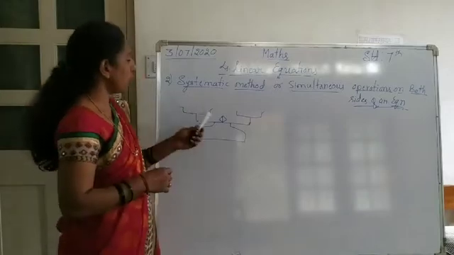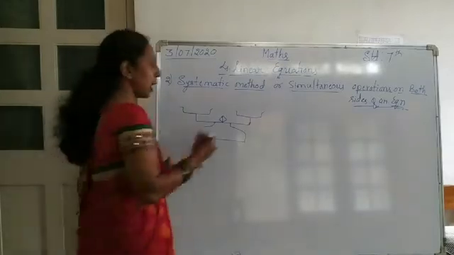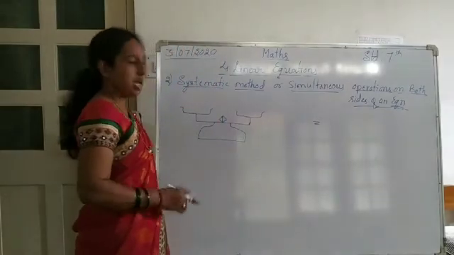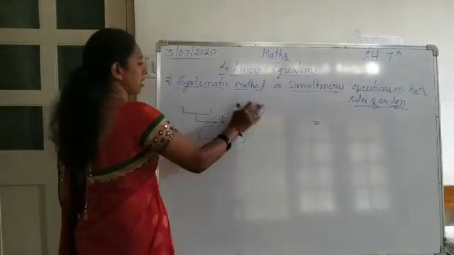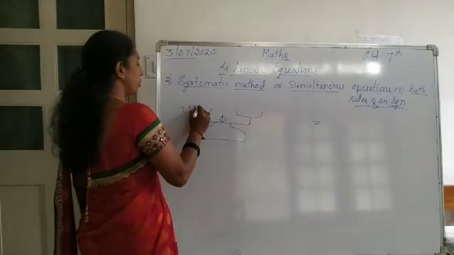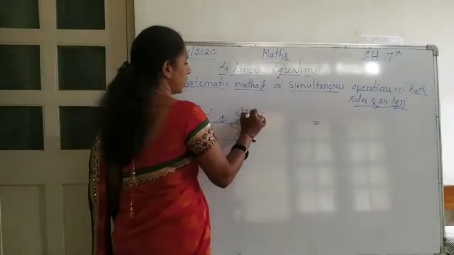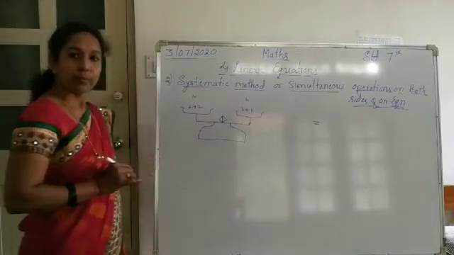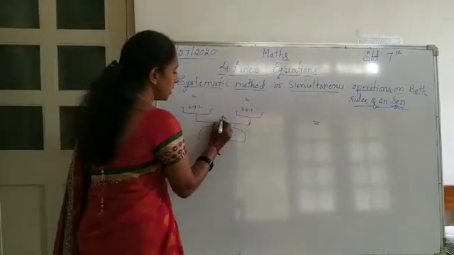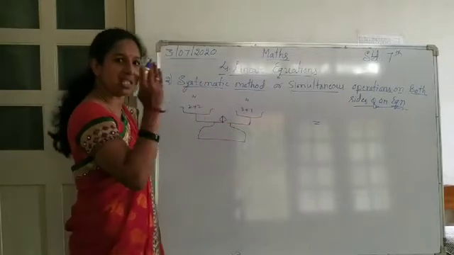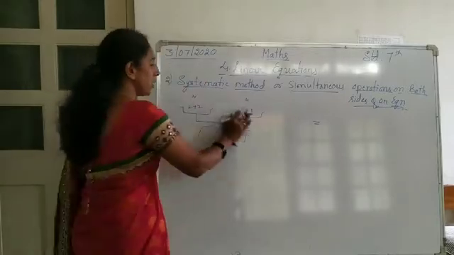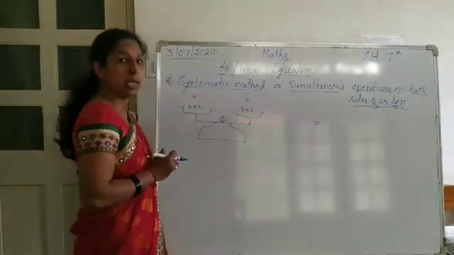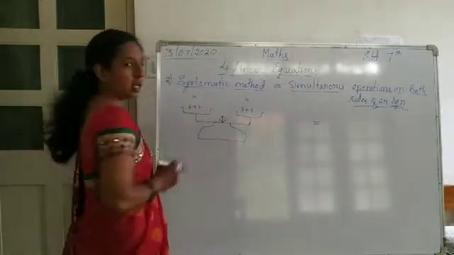Okay, let me take a balance here. As you know, the equal sign means it is a balance. Whatever the weight is here, it is the same here. For example, here 2 plus 2 and here 3 plus 1. So what is the answer? It is 4 here and 4 here. Then the needle will be in the center, which means it is balanced. Both pans are equal.